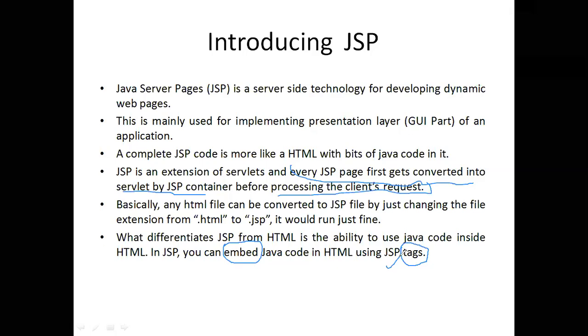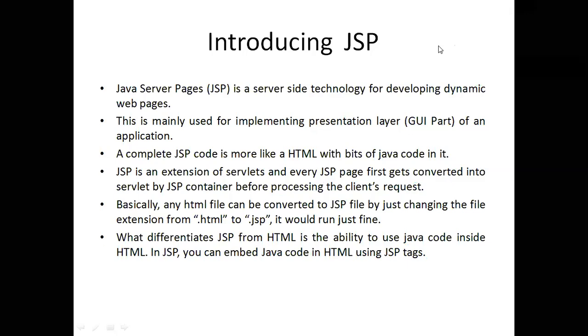Okay, you want to show something to the user, you can use HTMLs. But if you want to take the input from the user, then just HTML may not be sufficient. At that time, you have to bring dynamic programming technologies for constructing dynamic web pages. One such technology is the JSPs, Java Server Pages. JSPs are very close to HTML syntax, where you can embed the Java code using the JSP tags. Now let's see a simple example.